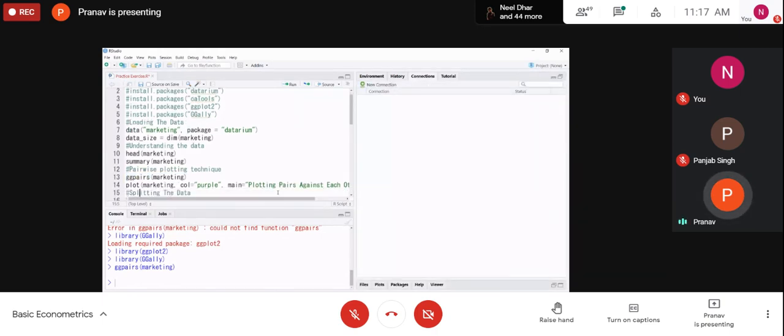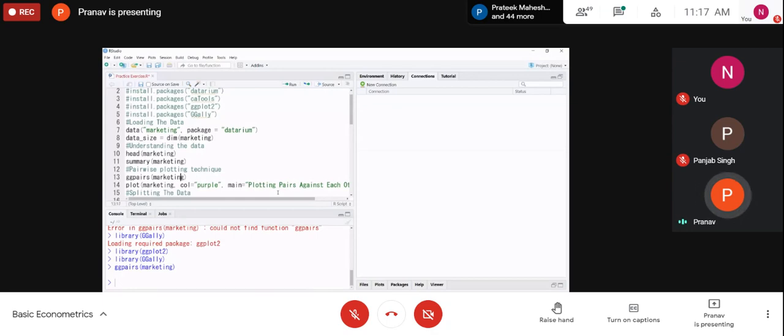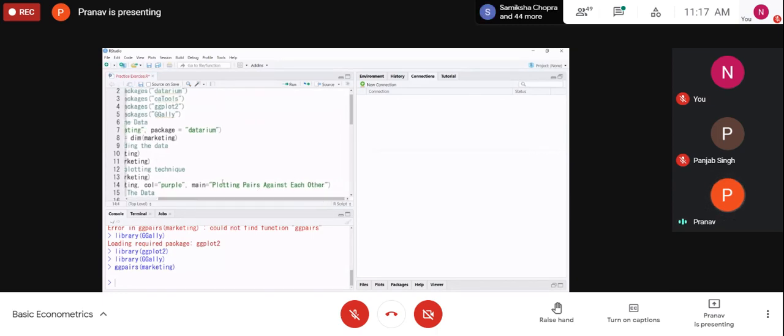You can do the same thing, but again you have to write it, that is, plot by calling this plot function. So what I have done, I am just explaining this code and not running it here. I'm calling the plot function because I have to plot what I'm plotting. I'm plotting from the marketing data set. The col stands for color. Now this is whichever color you like, purple, red, blue, whatever it is. Main is for what, or exactly what